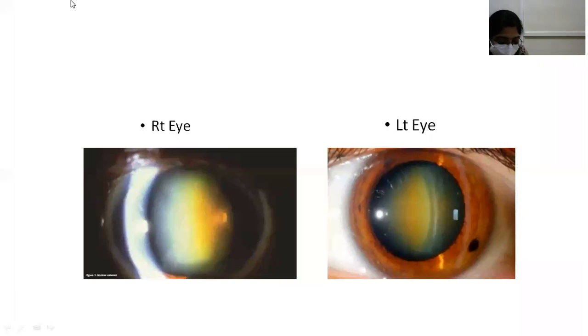Now which one is milky white and which one is pearly white? Milky white is Morgagnian cataract, ma'am. Pearly white is sclerotic type of hypermature cataract. No, pearly white is your mature senile cortical cataract. Everyone, please don't make this mistake. Grayish white is immature senile cortical cataract. Pearly white is mature senile cortical cataract. Milky white is hypermature cortical cataract. Okay.